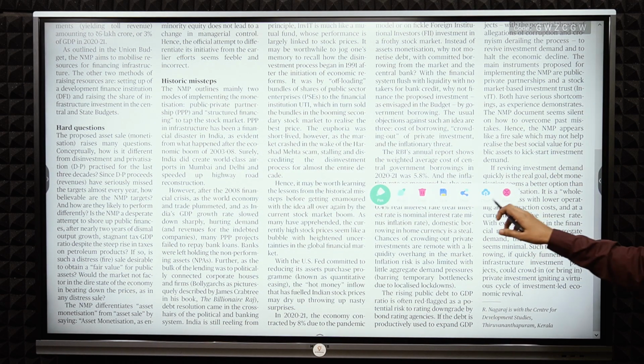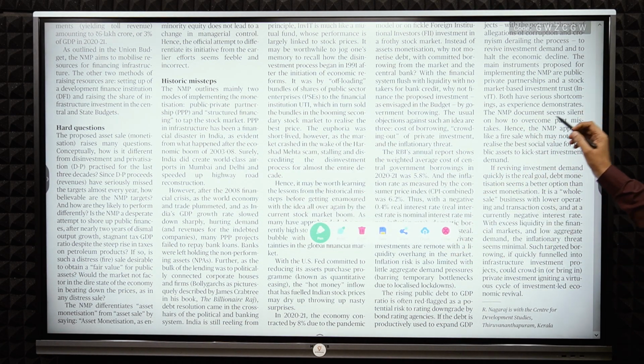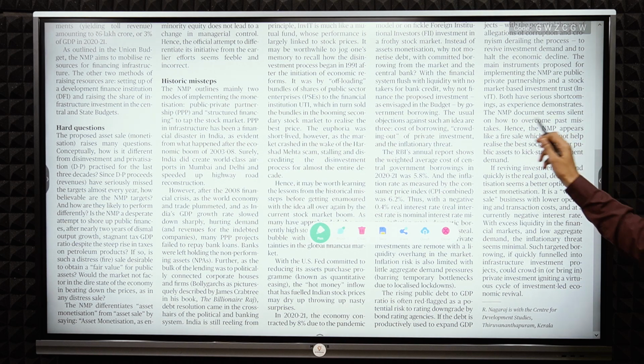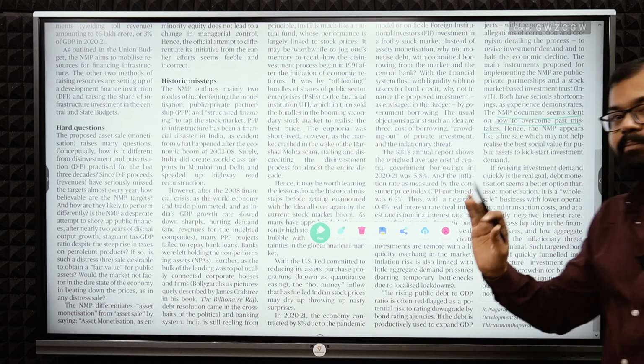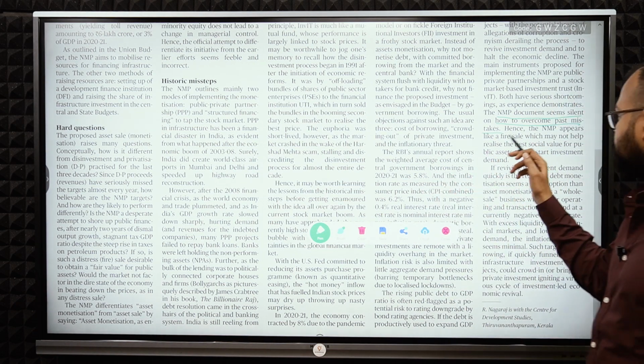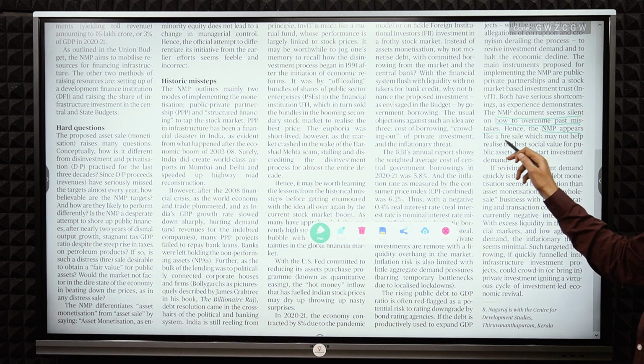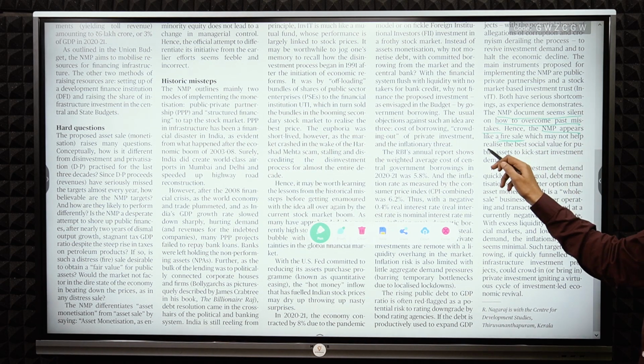the last paragraph, how to conclude it. So we have seen, both have serious shortcomings. So the NMP document seems silent on how to overcome the past mistakes. They haven't mentioned it, that is written by the author. So NMP appears like a fire sale, which may not help realize the best social value for public assets to